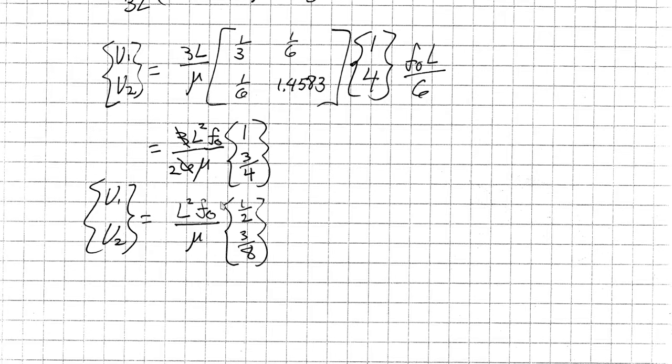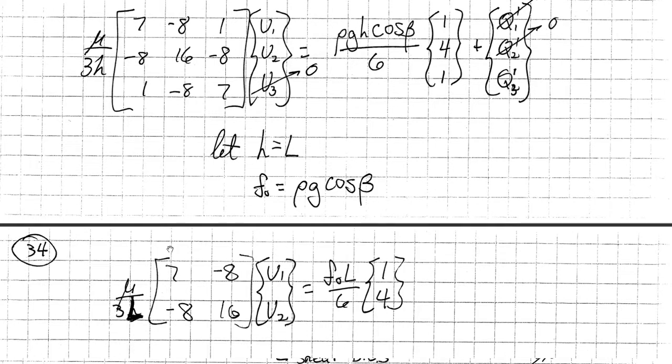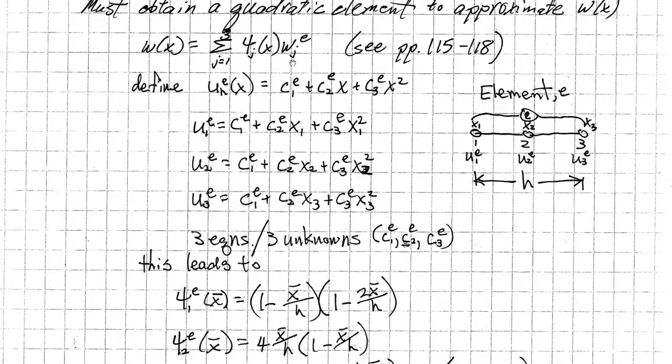And I'll leave it for you to go back and take U1 and U2, and plug them back in to here. Those U1s and U2s are the same as W1, W2, and W3. If you plug that in, that better be the same